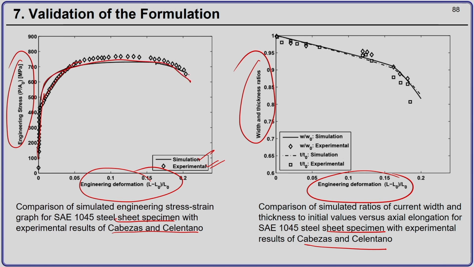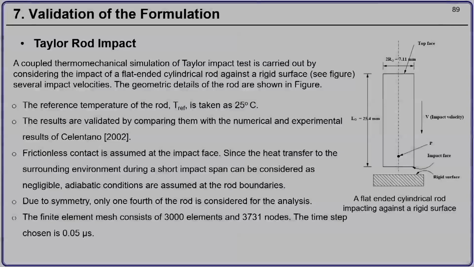The current width by original width and current thickness by original thickness match well with those results reported by Cabegaz and Celentano. With these static results, we are sure that at least the static part of the code is working fine. Next we try to validate the